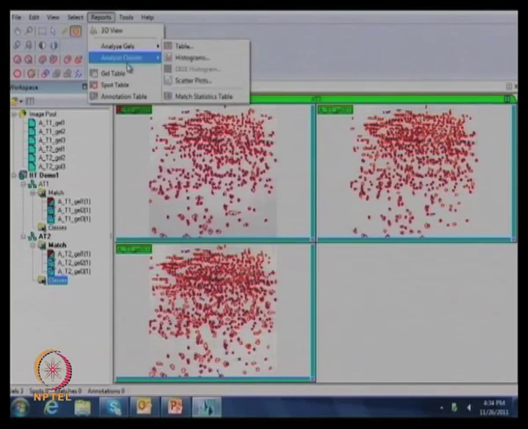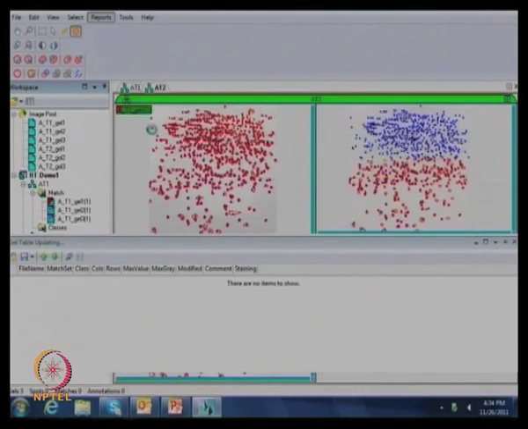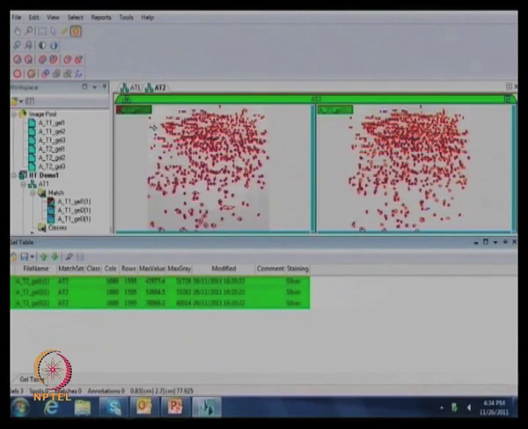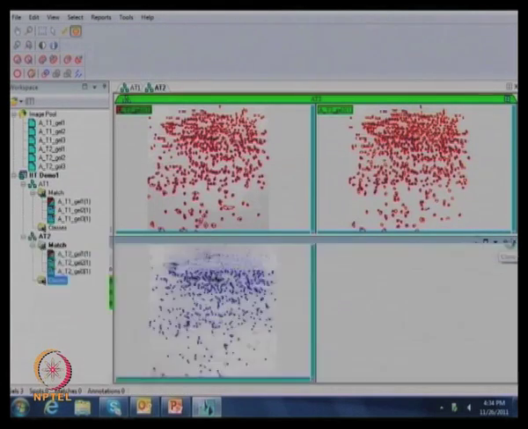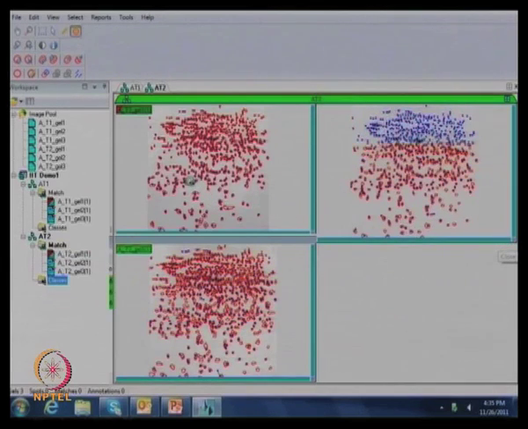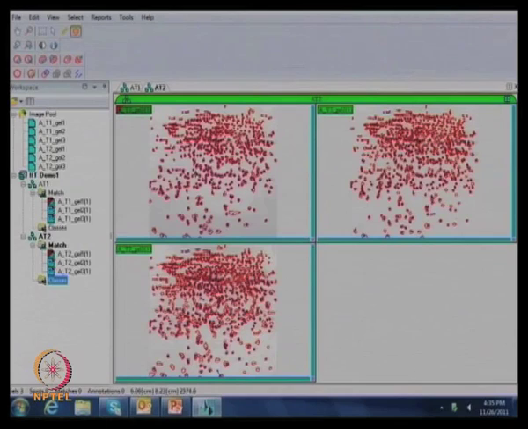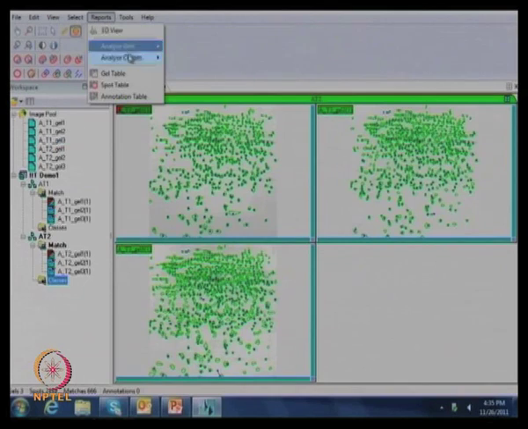These are all the gels which are present here. Shift A, you can select all the spots. Go to the spot table.